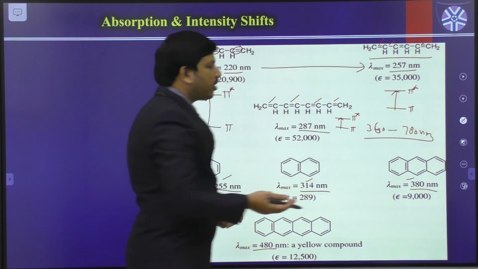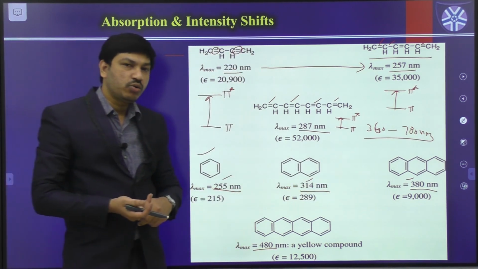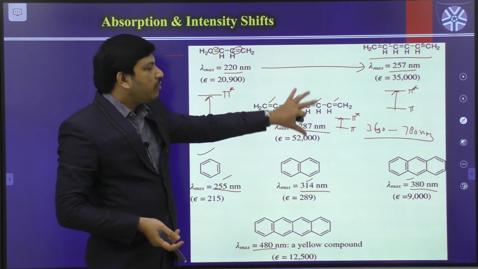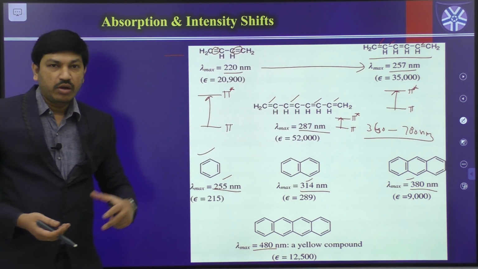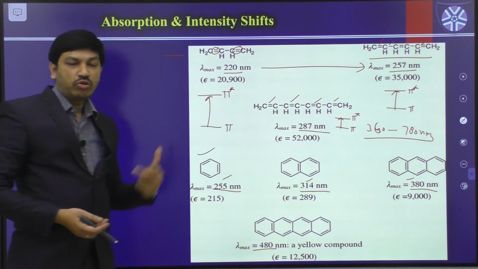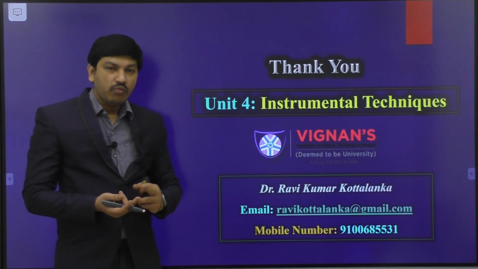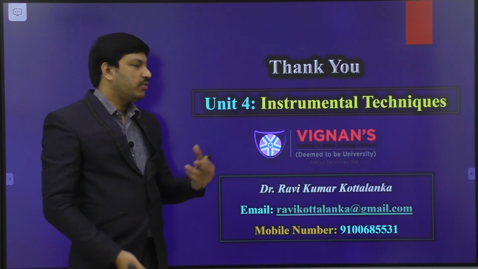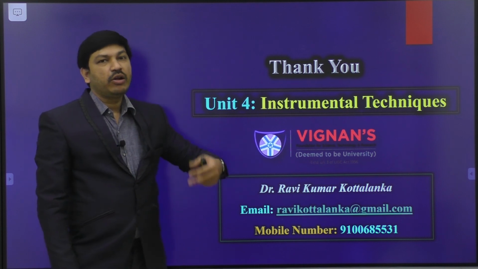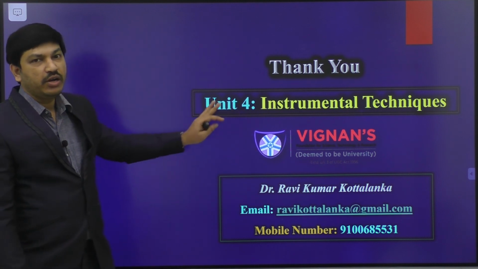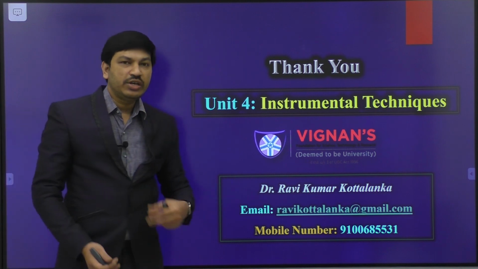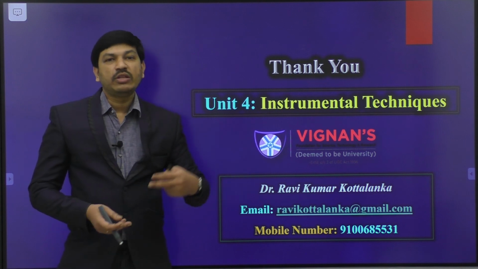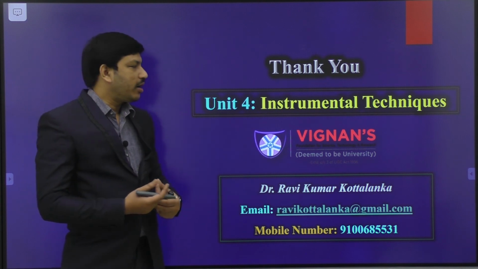So this is something about what is a chromophore, what is an auxochrome available in a given molecule, and based on that, what are the possible shifts available, either bathochromic shift or hypsochromic shift. We discussed what is chromophore, what is auxochrome, and what are the possible absorption intensity shifts in any absorption spectrum depending on the extension of conjugation or the presence of any additional groups. In the next session we will discuss the instrumentation of UV spectroscopy, and then we will discuss some of the applications of UV spectroscopy.